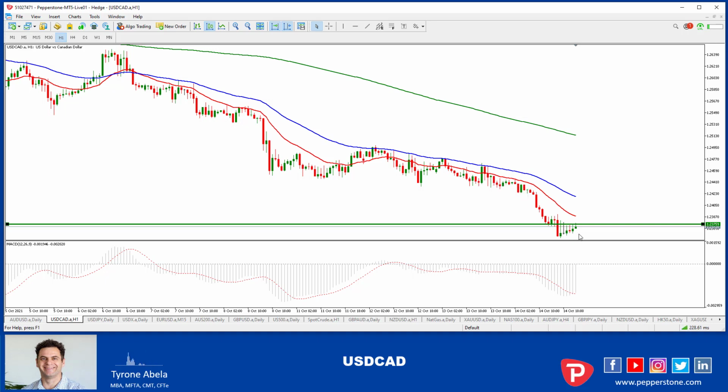Now, what we've got, of course, is we know that we're at this support level, and we're looking for a bit of a reversal. So what we'd want to see is a 1 hour change of trend. So we want to see a higher high, higher low sequence off this level here, and a close above the 124, really. A close above 124 and the 1 hour above these moving averages is the only thing that's going to